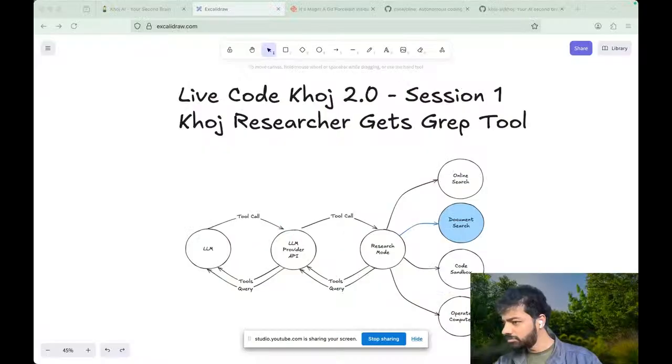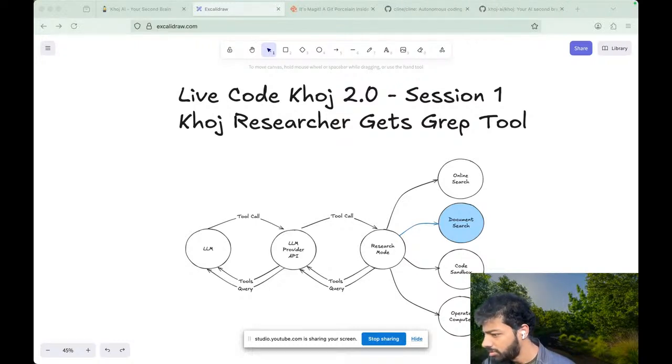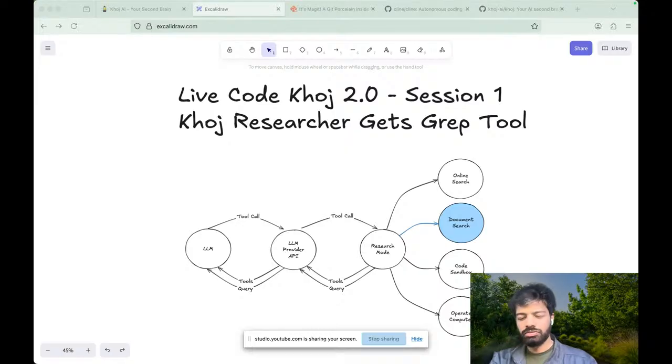Until then, let me just set up my screen and stuff. It says 2 waiting. Where are they? How do you let them in?